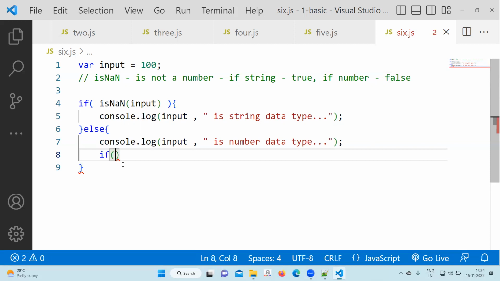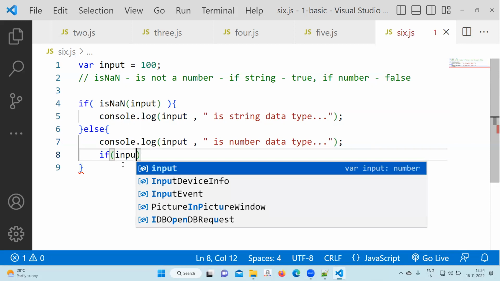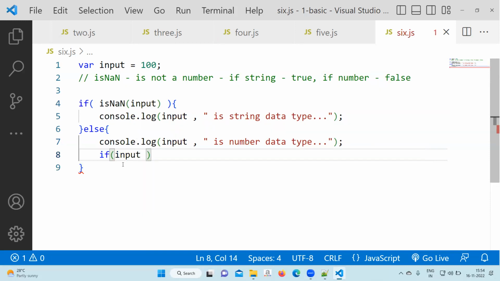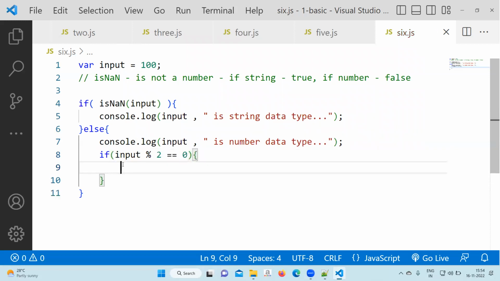It will check if input mod 2 double equal to 0, meaning the remainder is 0. No matter what the value in input is, after doing mod by 2, if the remainder is 0, then you can say